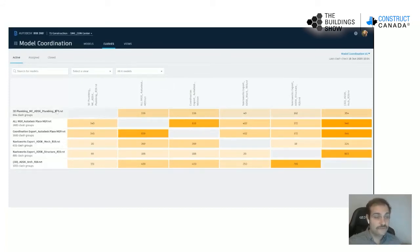So we could see here that if we're merging this 3D plumbing model with this MEP model set, we have 336 active clashes. What does that mean, active clashes? These are clashes that have not been addressed yet. As we start to address these different clashes, this number is going to reduce, and we're going to be able